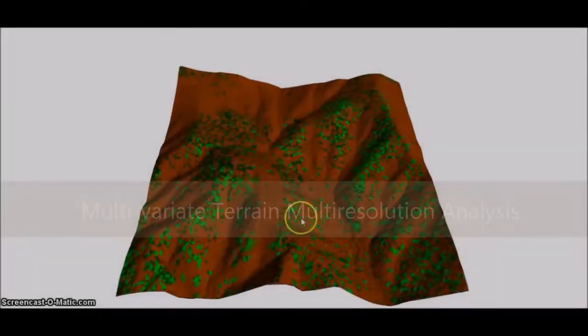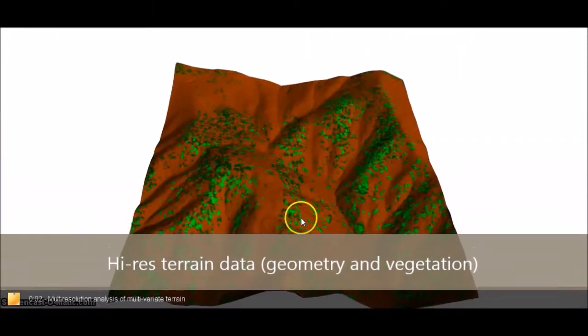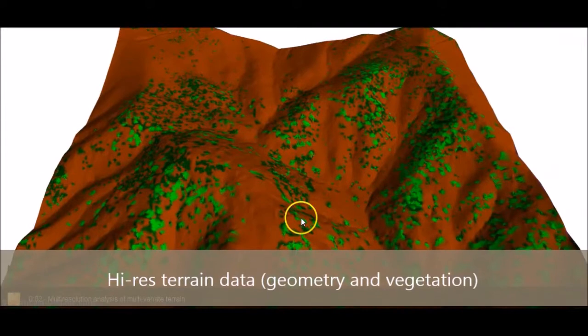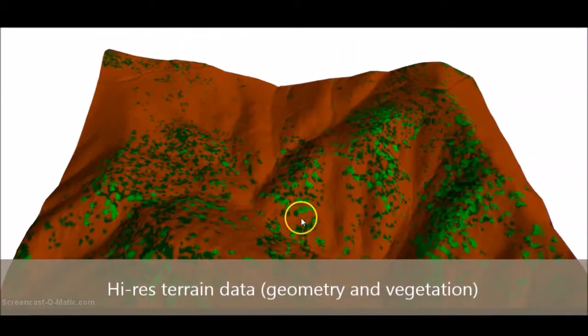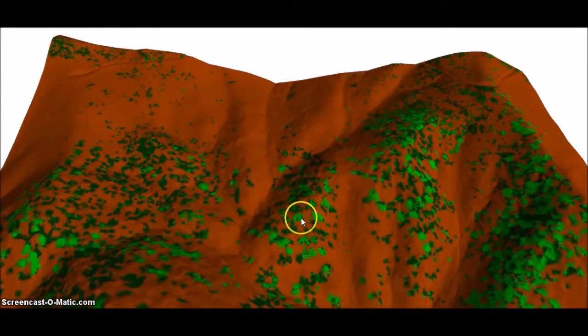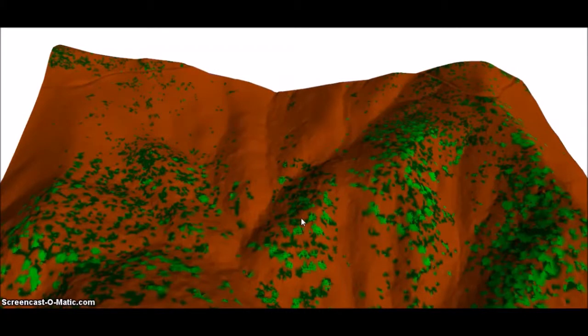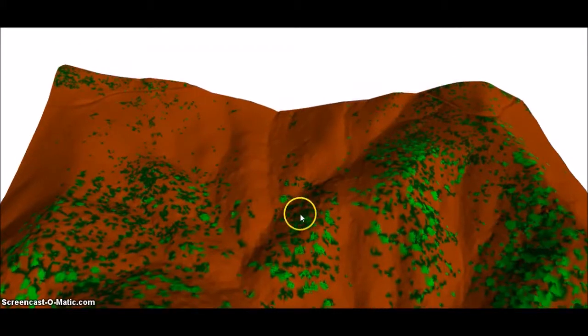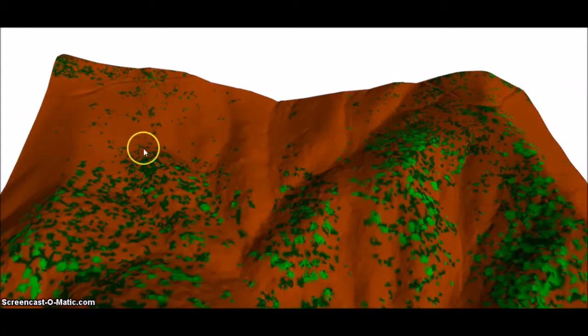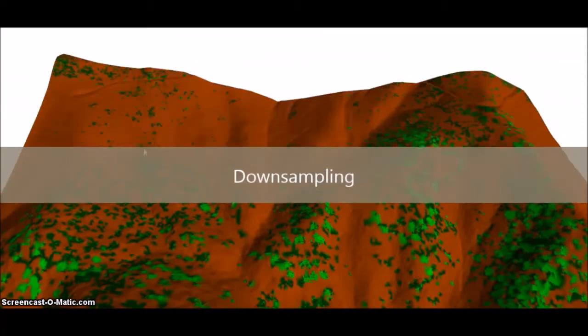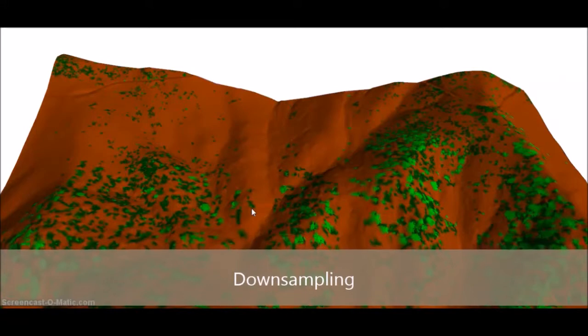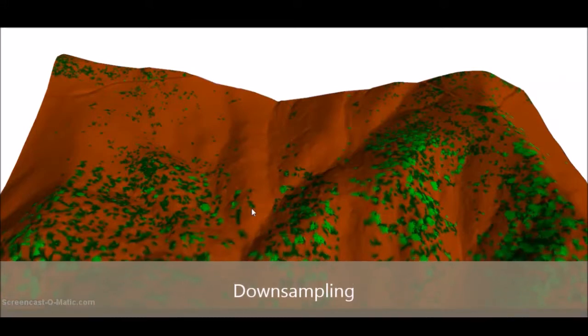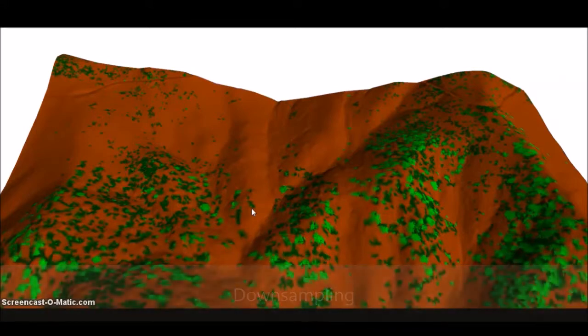In this video, we explain how LiDAR data can be analyzed using second-generation wavelets. The LiDAR set in this showcase is from a scan of a fragment of the Great Smoky Mountains, also known as the Blue Ridge Mountains. Both position and attribute information, in our case geometry and vegetation classification plus the height above ground, are considered in